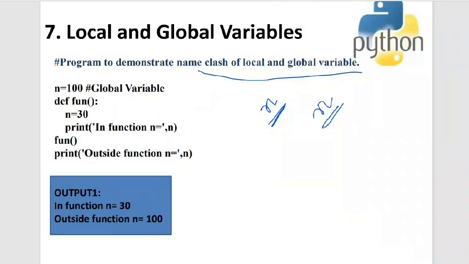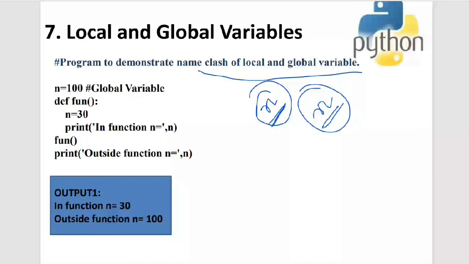So I'm getting a name conflict. What is name conflict? Name conflict means that the local and the global variables both are having the same names. When they have the same names, the issues arise. So it is always good practice that you don't give the same names to the local and the global variables, because you need to fix them by using certain keywords and all that stuff. It is always a good practice that you give different names itself.